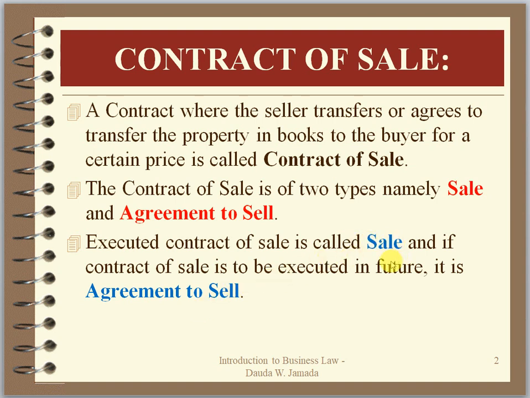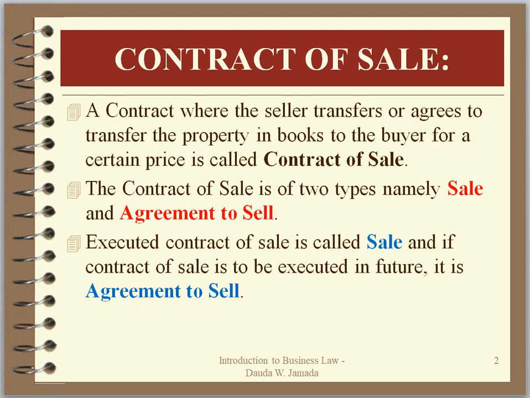So if it is sale, then it is okay. Business is going on as usual or as planned. If somebody comes to your shop and buys goods or materials and immediately pays for that particular good, then there we have no problem. It means business is going on well. But sometimes problems come when we have an agreement to sell, because somebody comes to your shop, takes a particular good, and the payment is to be made in the future. Problems might come from there because somebody might fail to pay according to the agreement that has been made.